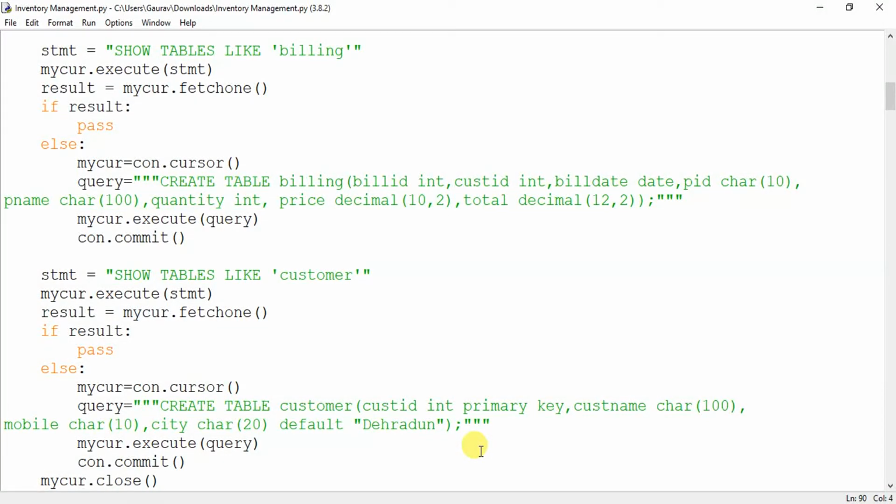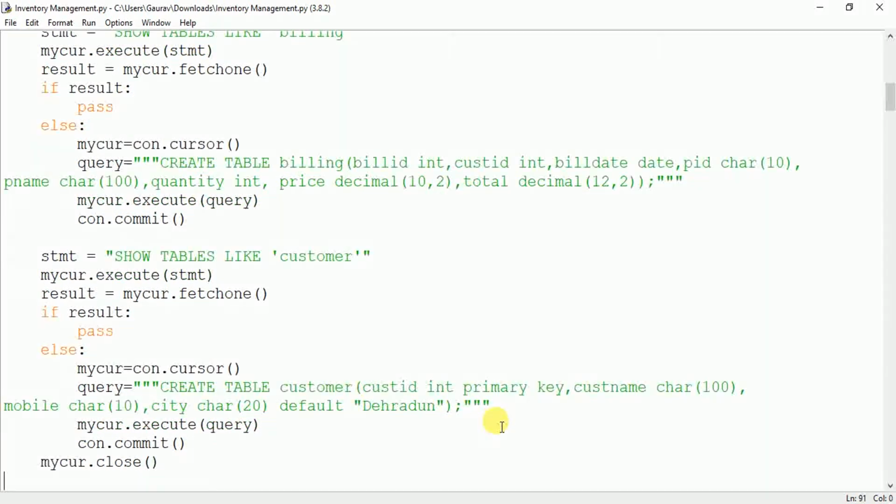So if he visits again, then our system will ask for his mobile number, and it will check that the person already exists, so it will not ask the other details again. Okay, so this customer ID will be auto generated by our system, it will not be entered.